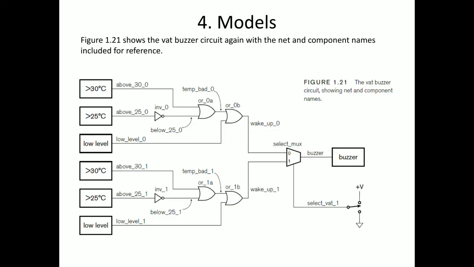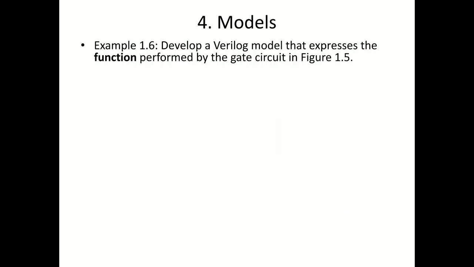Next we will try, this is the figure, same figure. We will try to develop a Verilog code. We'll try to describe the watt buzzer circuit using functional Verilog modeling. In the 2:1 multiplexer, while describing the functional model, what we did, we used if cases. If select line is 1, output is in 1, else output will be 0.